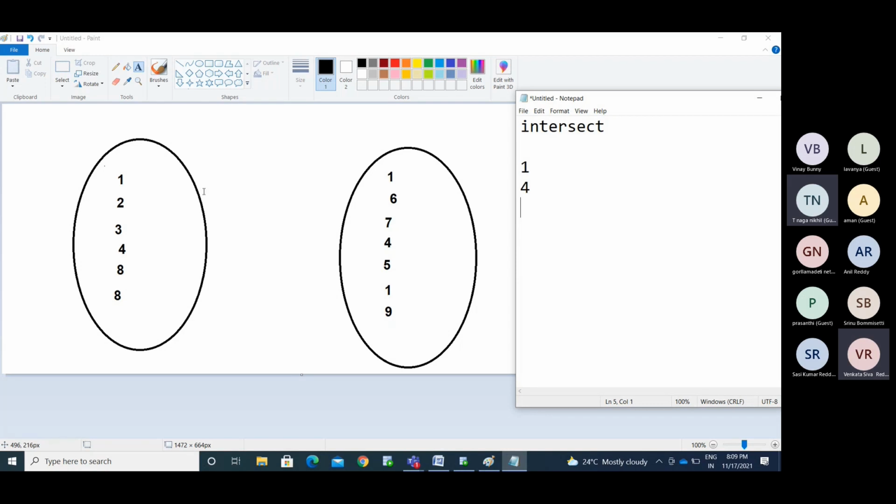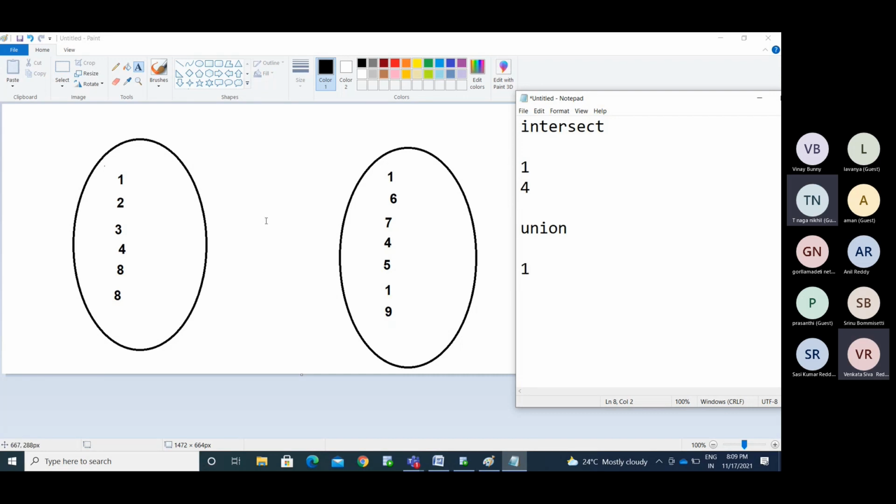And if I use union, union means what are the distinct values in both sets? 1, we have this value. It displays 1.